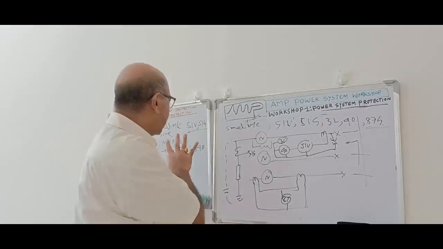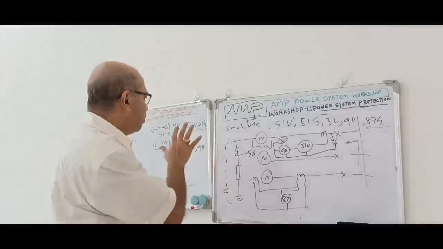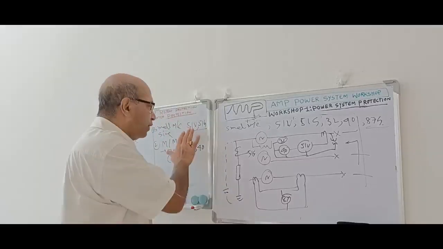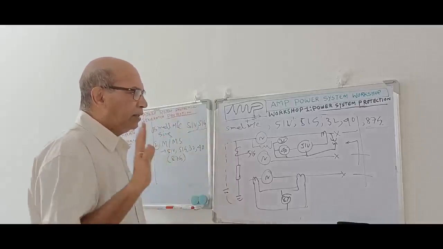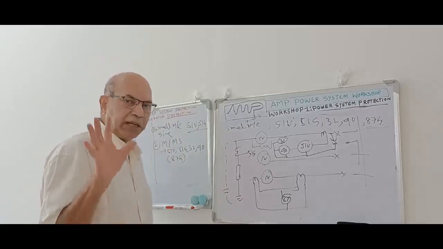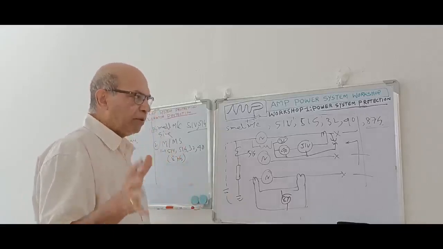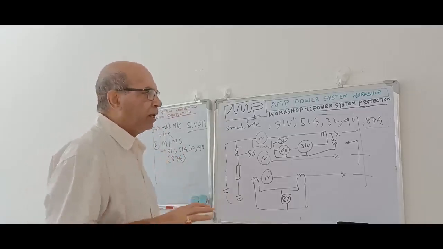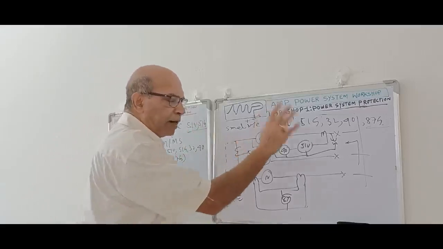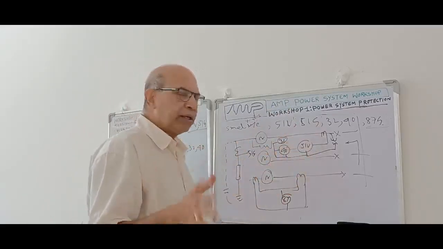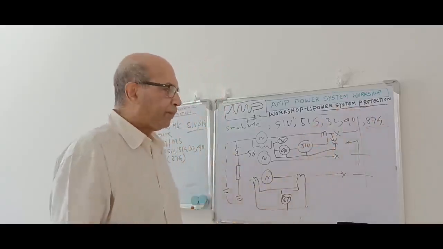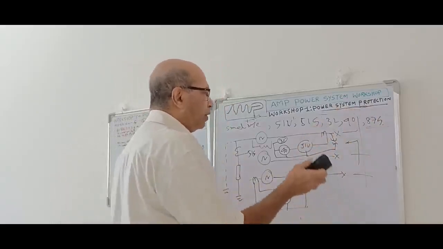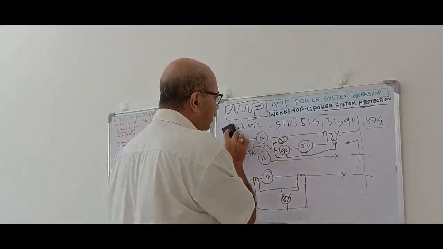So these are the two discussed. For a small single isolated machine, we only provide 51V and 51G: voltage restraint or voltage controlled overcurrent relay, and IDMT earth fault relay. That is for the normal small single isolated machine. But with a small machine running in parallel with another machine, in addition to this, we have to provide reverse power and loss of excitation, and depending on the criticality, we may also include 87G, that is a differential protection for ground and phase fault. Okay, these are the small size machines.